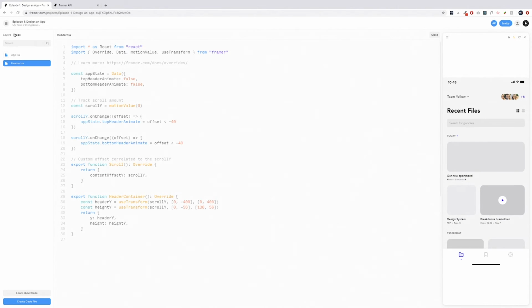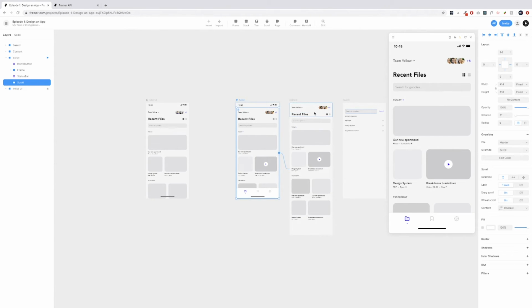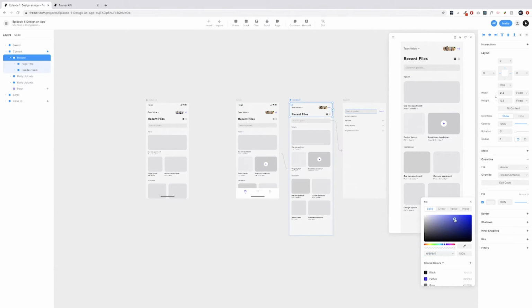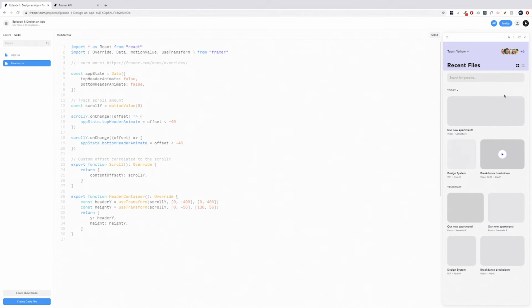To get this to show a bit better, what I'm going to do is just change the header container background. I'll set it to this blue color and I'll lower down the opacity a bit. If we jump back into code, so now you can see that the motion value of scroll y is set to 0, meaning the height is 136 pixels. As we start scrolling down, it's going to decrease the height all the way until it reaches 56 pixels, which is equal to the negative 56 pixels in terms of its position. So once we start scrolling down here,